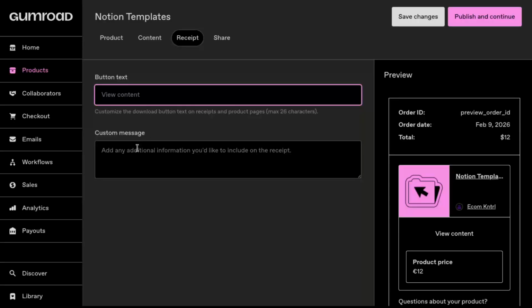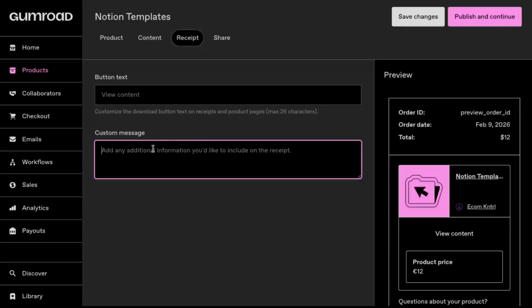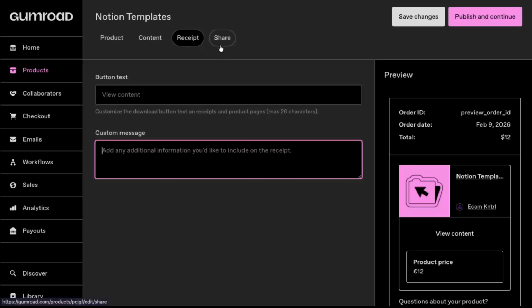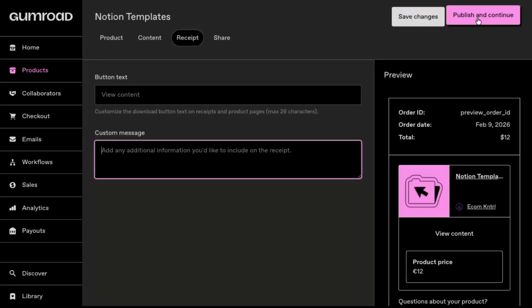Here you can customize the button text that customers see after purchase and add a thank you message, plus any important next steps, like click the button below to access your Notion template. When everything looks good, click on Publish and Continue. Gumroad will guide you through the final steps of publishing your product, which are straightforward confirmations. After that, your Notion template will be